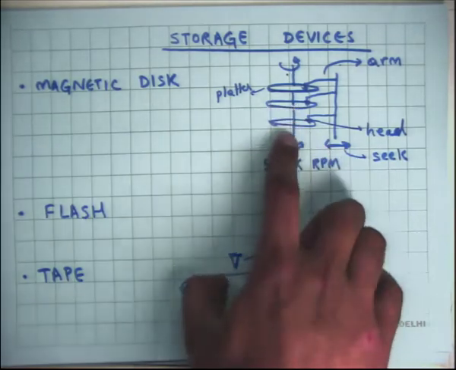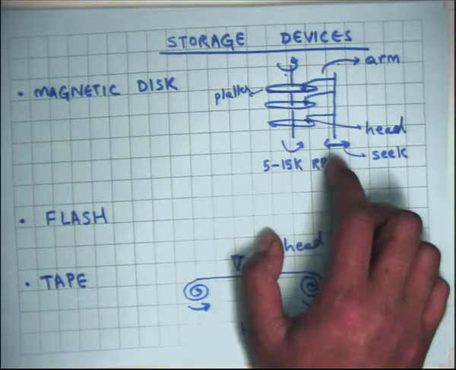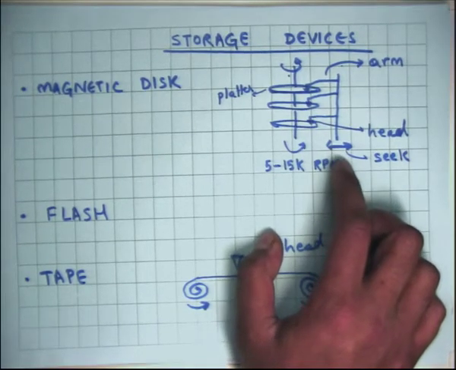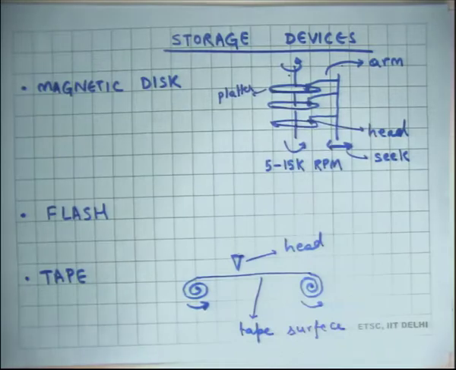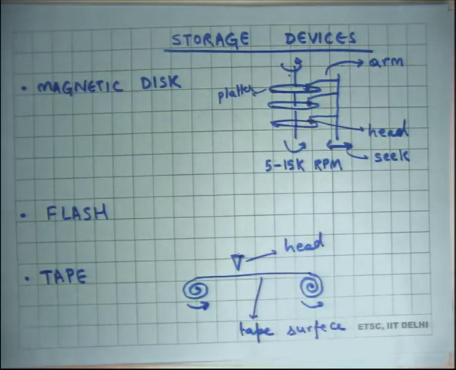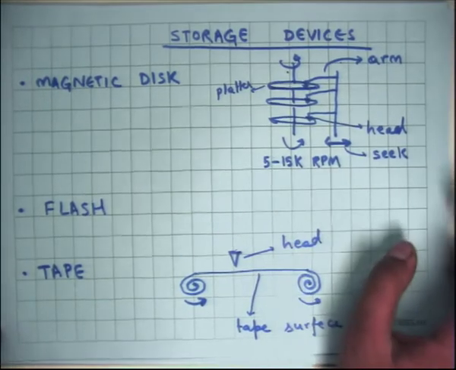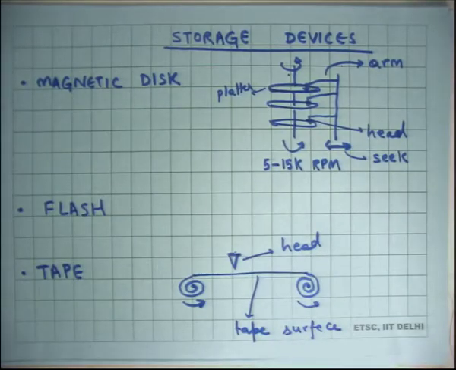So these are called platters. Each surface is called a platter, and these disk arms move radially, right? While it's possible to have separate disk arms for different platters, in practice you will mostly have a single disk arm and multiple heads attached to the same disk arm. So all the heads move together in one direction or the other, right? And we also discussed how long it takes to seek, and in general the throughput of such a system, and we are going to discuss it in more detail.